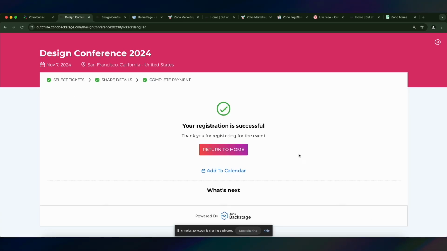So what has happened in this example business? So far, we've reeled someone in with a social post. They've seen our social post and they decided to attend our event conference. What happens after that? How do we move them down the pipeline? Well, what you can do with Zoho, since everything is all integrated together if you're using something like Zoho One, you can set up an integration with both CRM and with marketing automation that can attach to Backstage, which is what this is. So if we hop into the CRM